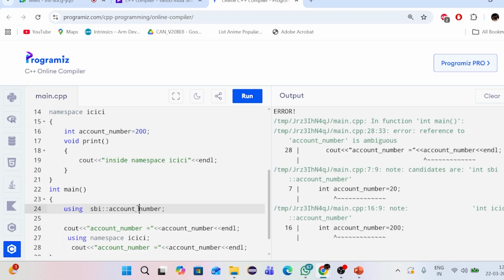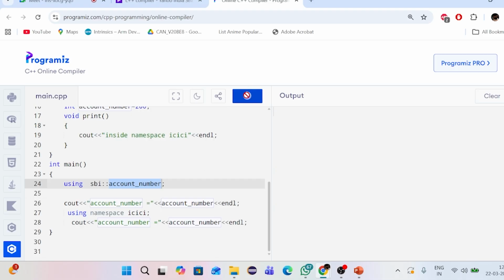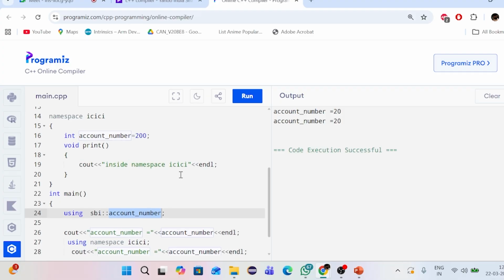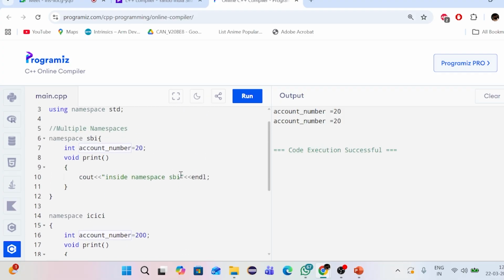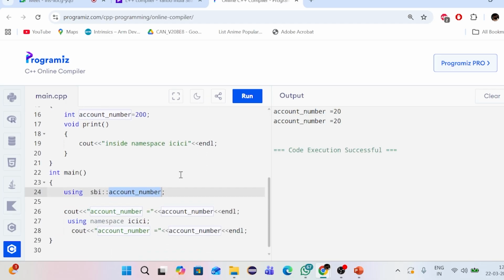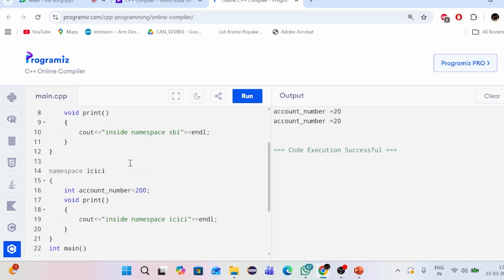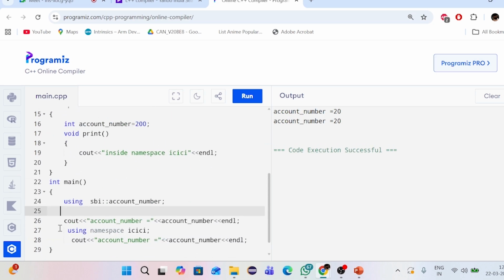We just want this account number to be used. Suppose you just want to use this account number. If I comment these two out,